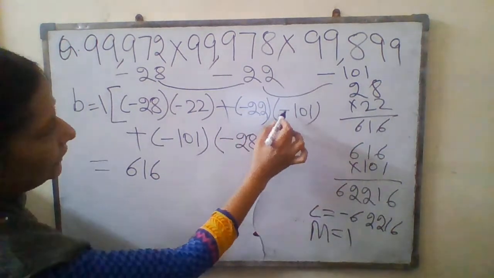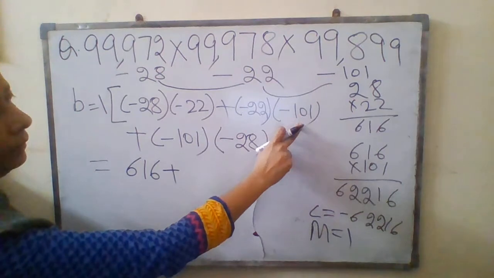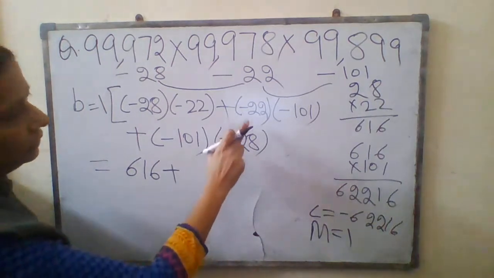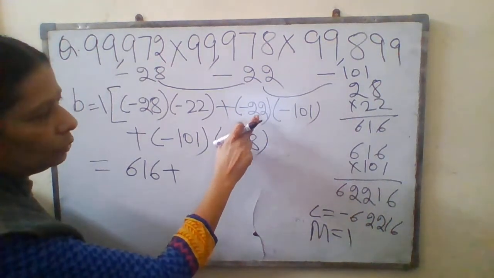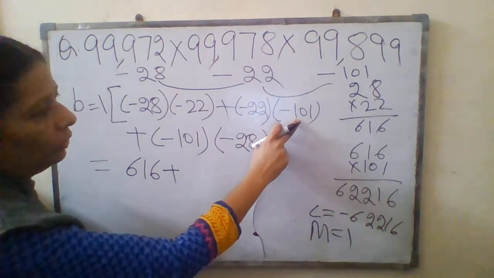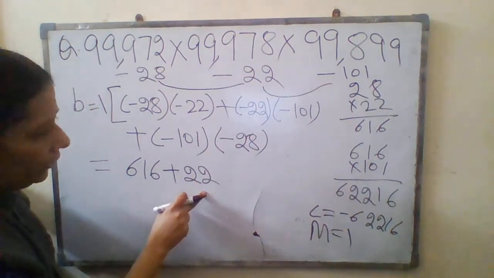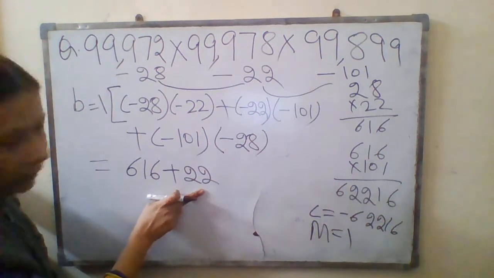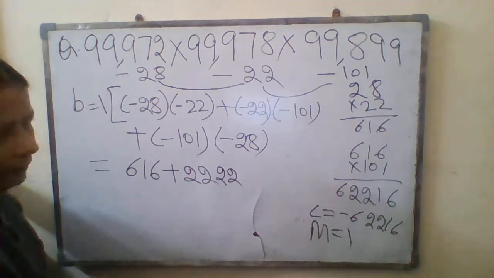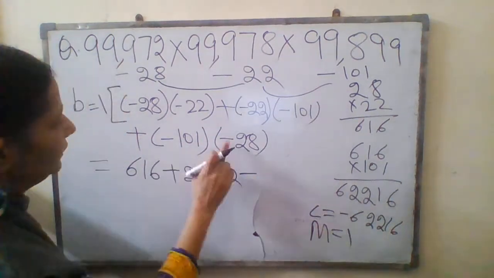Now, see, minus into minus will be plus. Now 22 multiplied by 101. See, I have told you the trick. This is a 2-digit number, and when you have to multiply a 2-digit number by 101, you will write down the number twice. See, 22 is the number now. So I told you to write down the number 2 times. First, one time I have written here, and second time I am writing it only in your mind. Now minus into minus is plus.